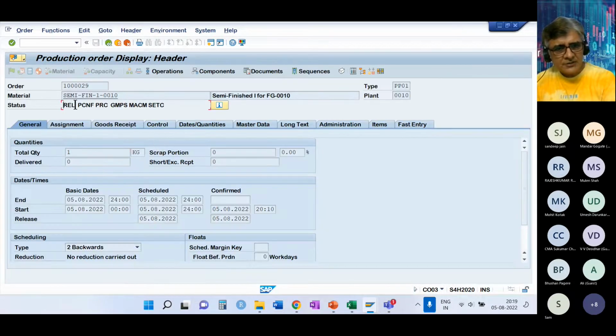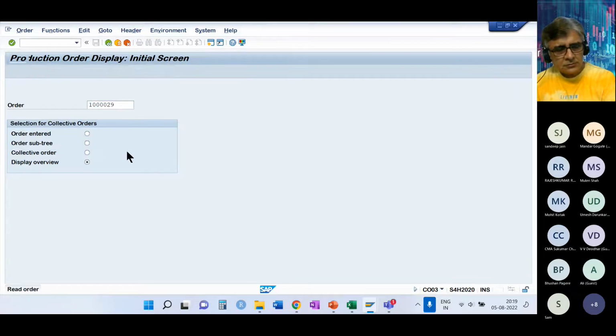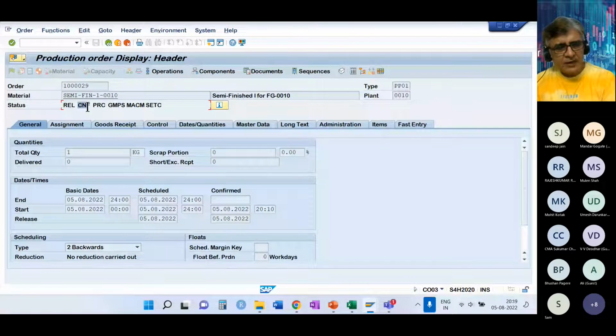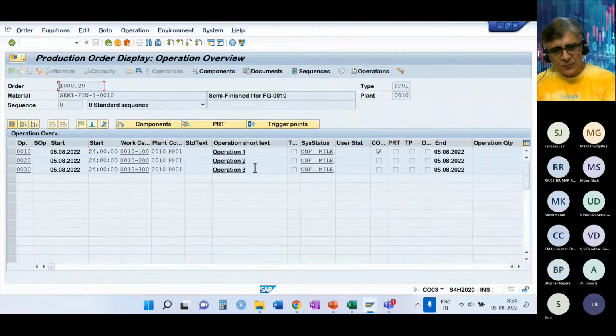So we'll see what happens here. The status becomes CNF, like it is no more PCNF, it is confirmed. If you go to operations, you'll see the third operation is also complete and it is confirmed.